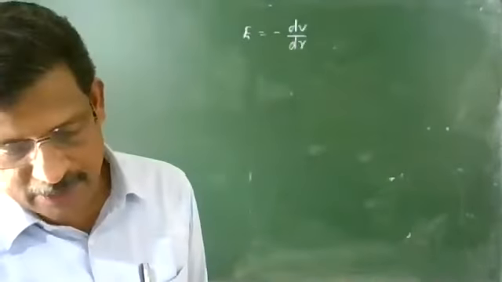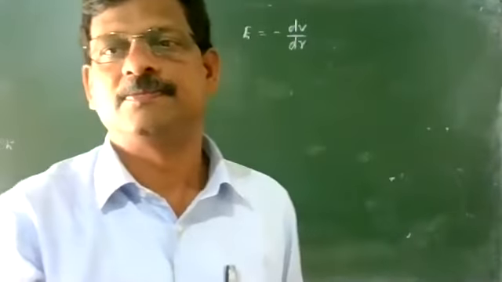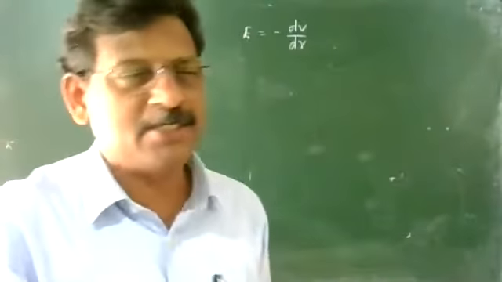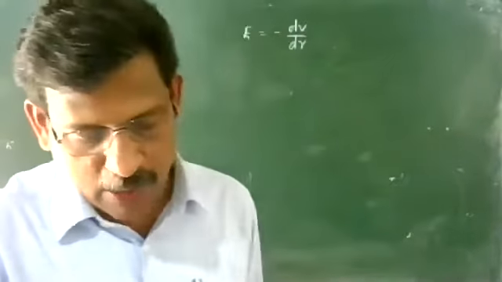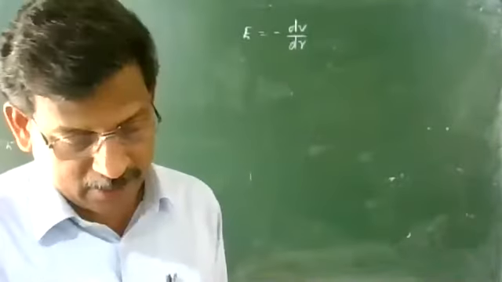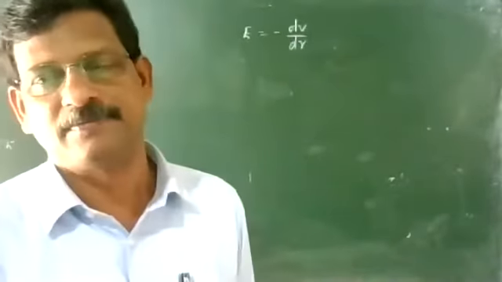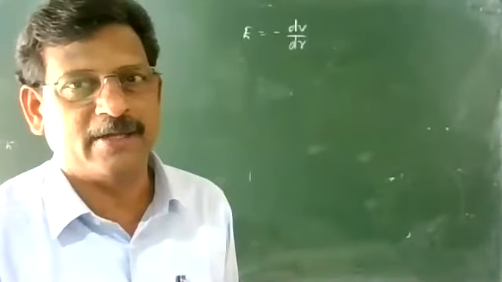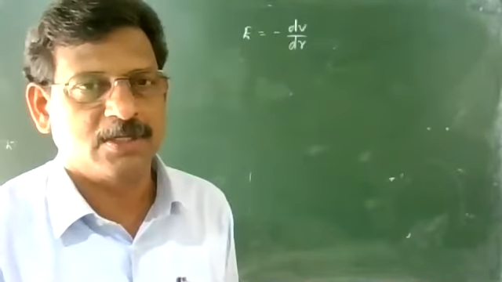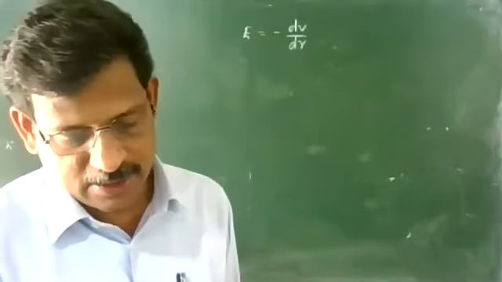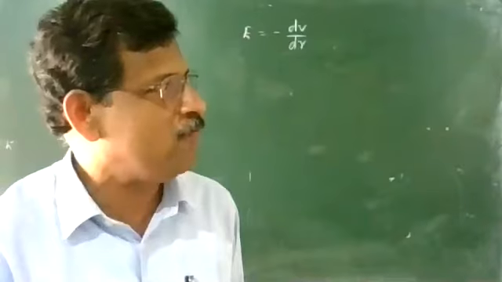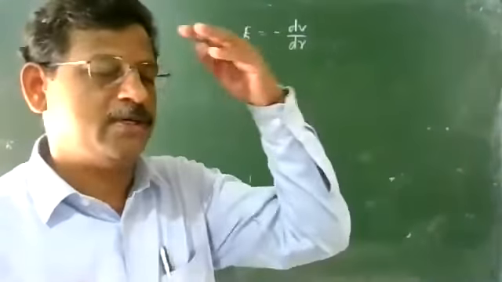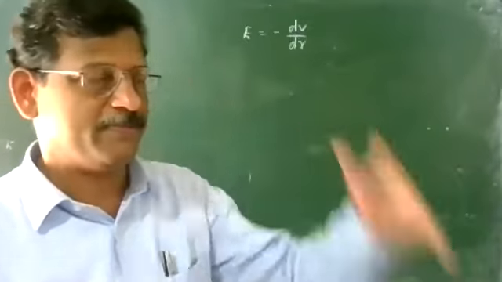First one: the electric field in a region is 0. Will the potential be necessarily 0 at that point? Explain your answer with an example. An example you can have in your mind; we have seen so many examples. So what is the question? The electric field in a region is 0. Will the potential be necessarily 0 at that point? Explain your answer with an example.